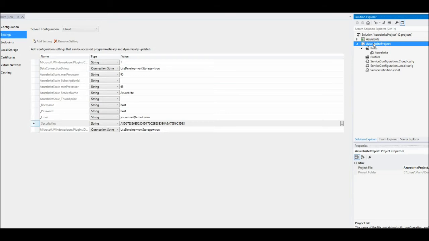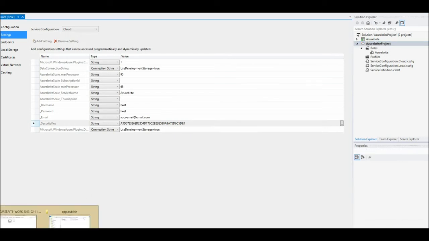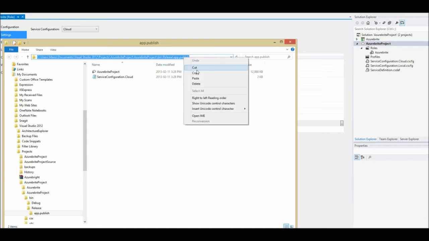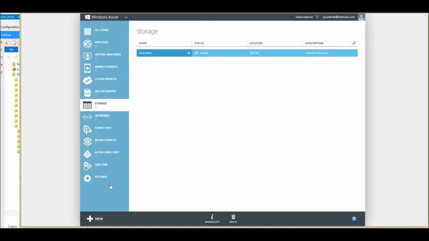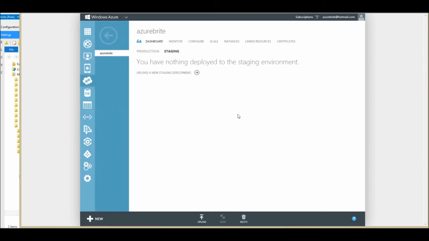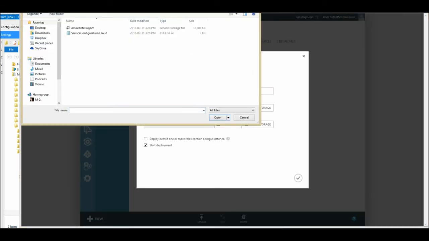Right click on Azurebrite project, click package, and service configuration cloud release, and click. Okay, well, after a few minutes, there's going to be a folder that's going to pop up with the proper files that you're going to need to upload. So basically here, select the path, copy paste, go back to the portal, go to cloud services, select your account, click on staging, upload new deployment, choose a name. From local, you paste back the proper path, select the proper files,